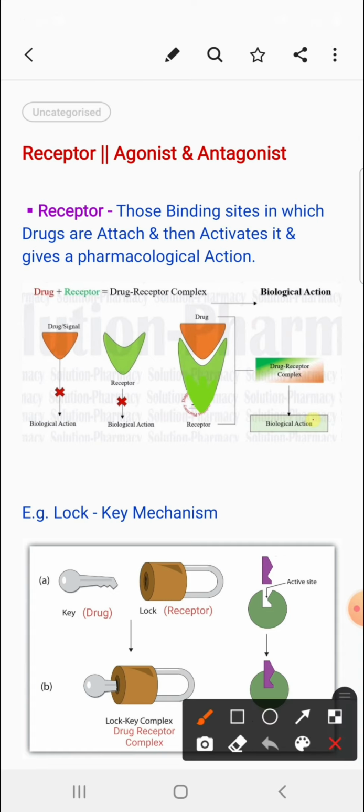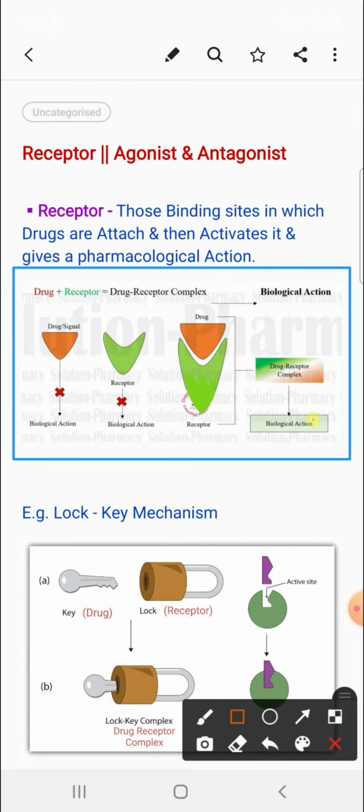As in this figure, we can see when a drug binds to a receptor. This is the drug. When it binds to the receptor, it makes a drug plus receptor complex, which gives a biological action. But remember, a single drug without a receptor, or a single receptor without any drug, will not be able to produce any biological